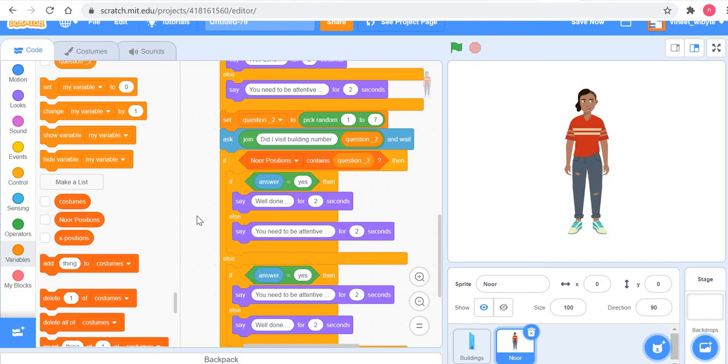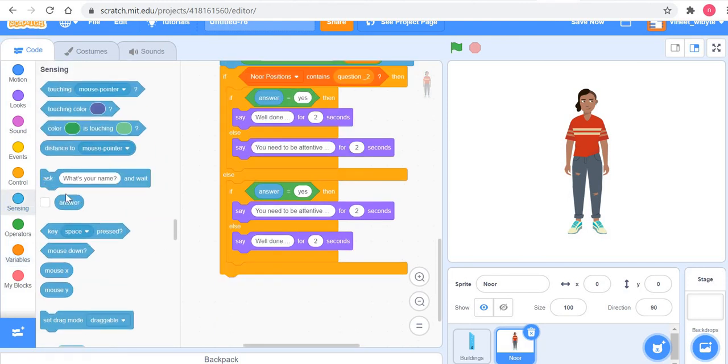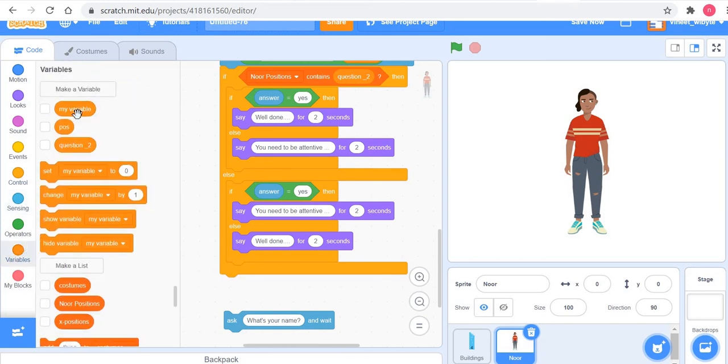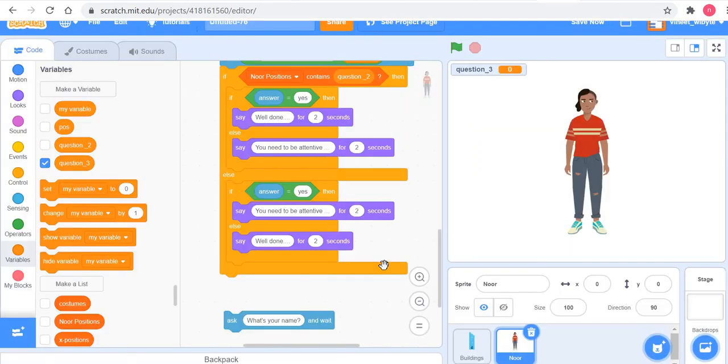So let's say I want Noor to ask me in which order I visited the building. Let's say, at which position did I visit building number so and so? For this purpose, I'm going to create a variable, this time called question 3, for all sprites. That's all right.